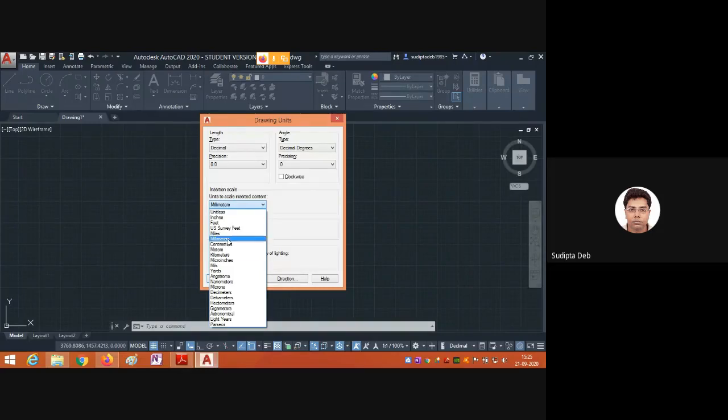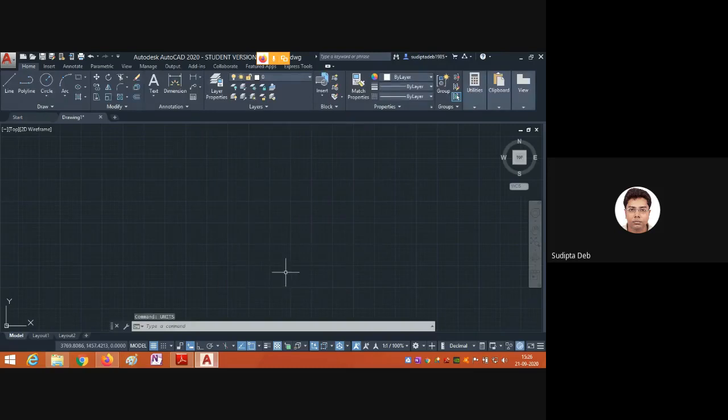You can see different units are there. We can also use the micron. It is a very small distance, cannot be visible directly. But here we are using all units in millimeters. So set the units first. Millimeter is written, then press OK. So this is the setting. First, the command is units. You have to set the units before you start your drawing.